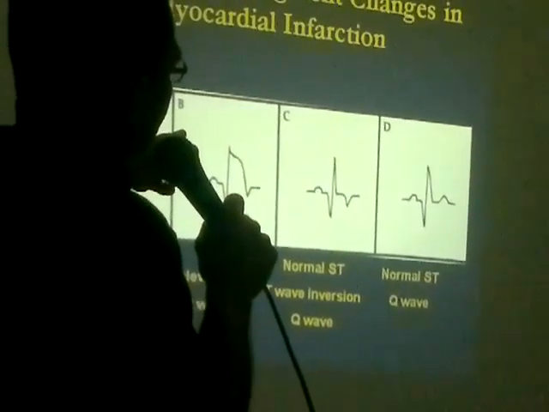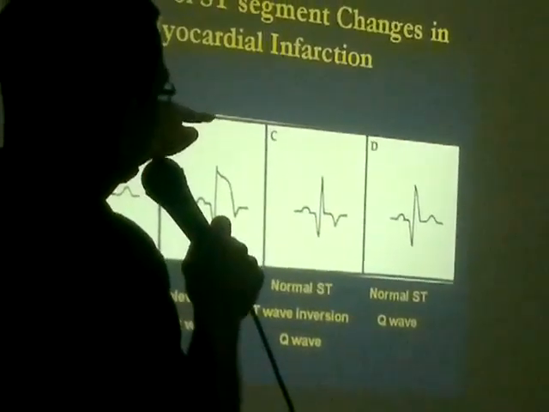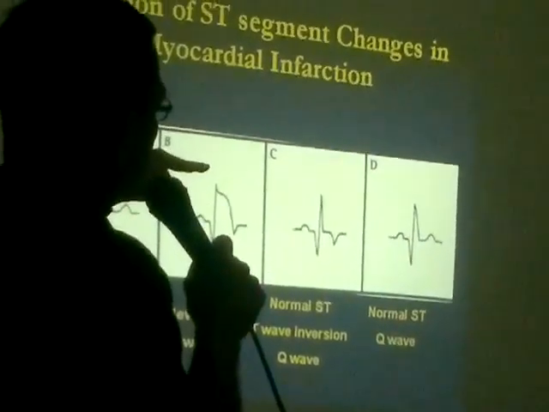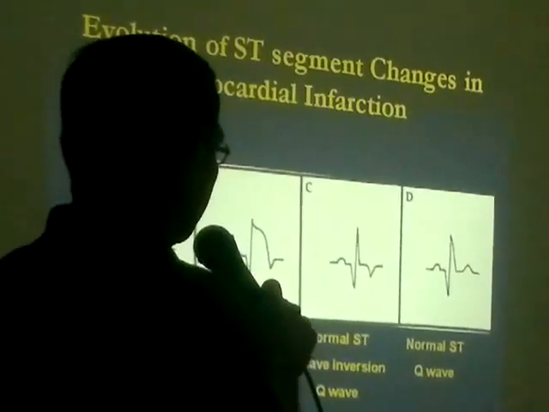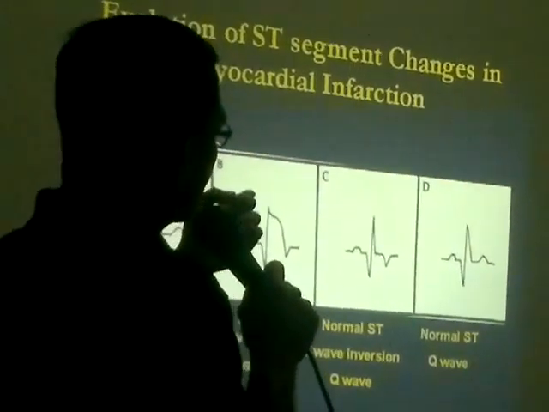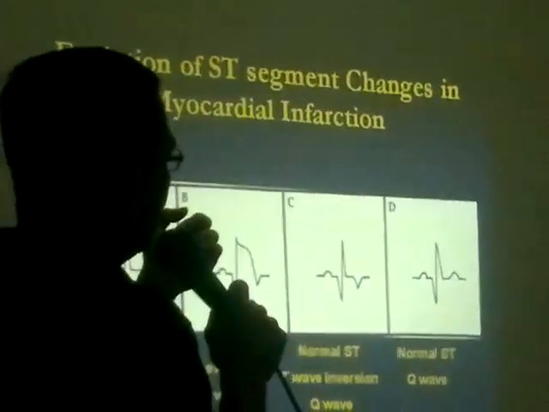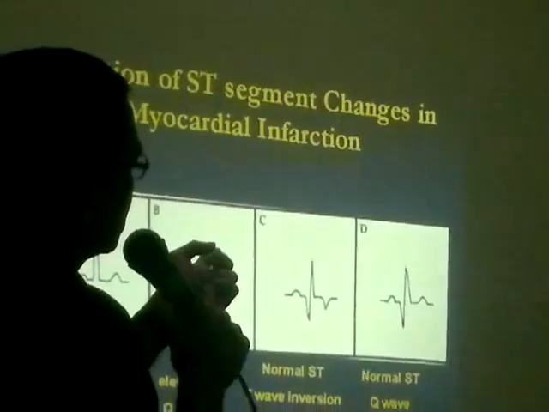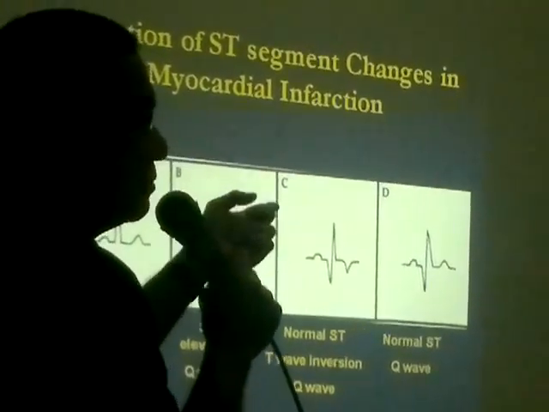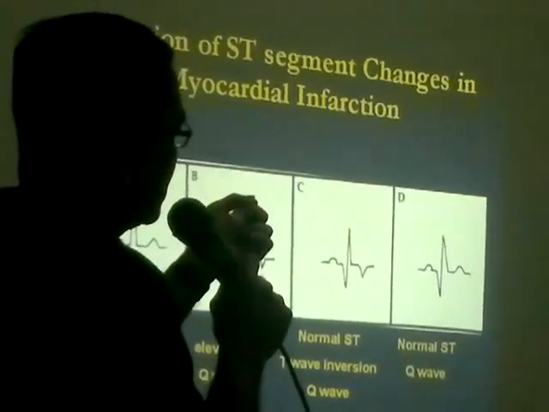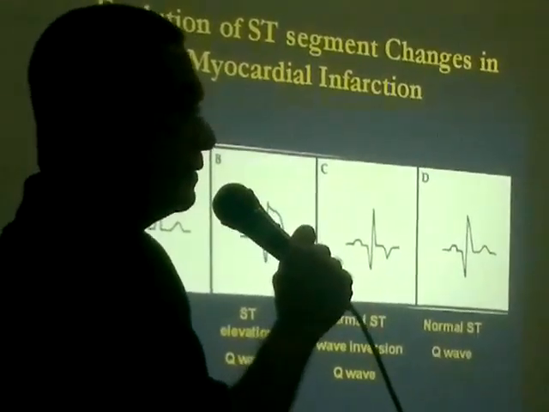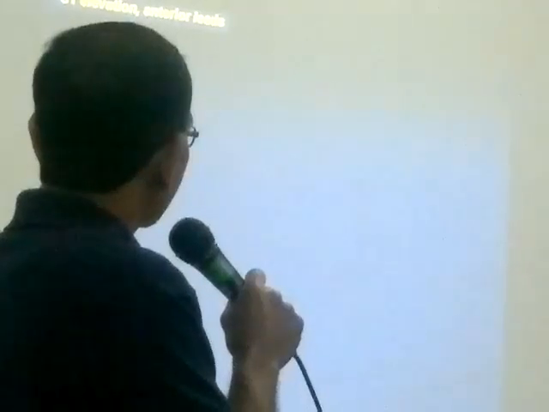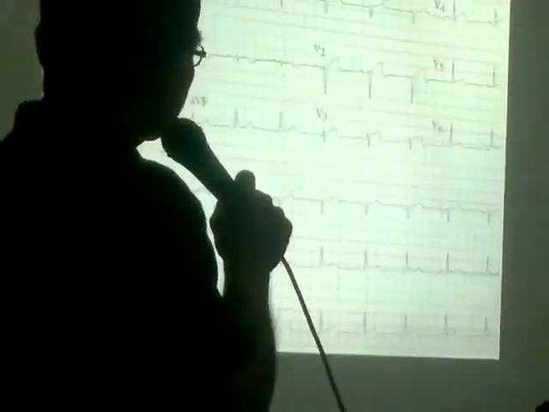This is acute MI. And then when your ST elevation reverts to normal, and that is usually days to weeks after the event, that is called age undetermined MI. And when your T wave reverts to its normal upright pattern, with the persistence of the Q wave, that is old MI. So example of